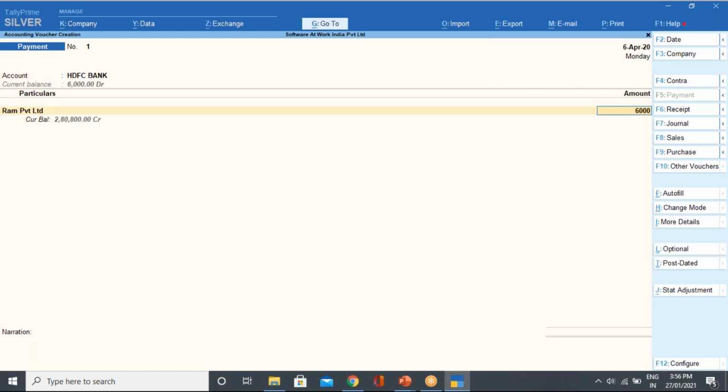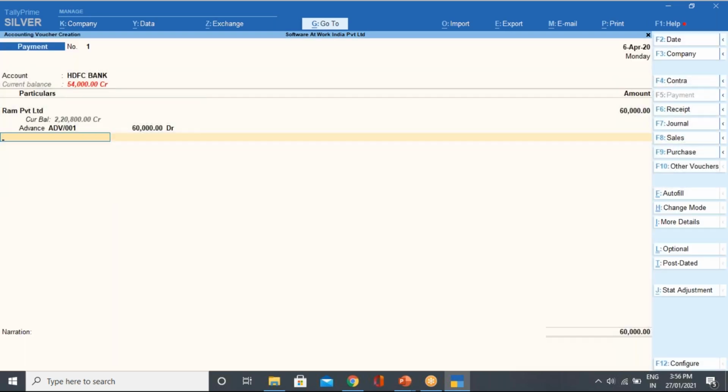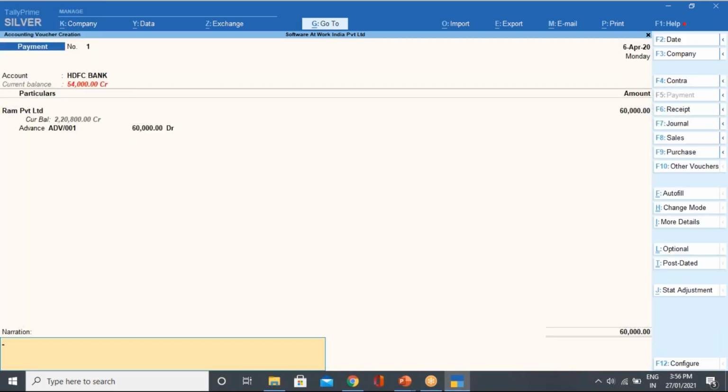Payment of rupees 60,000 I'm doing right now. It's an advance, so I will mention the advance reference number, advance 001. Once I enter over here, it will ask me the details.